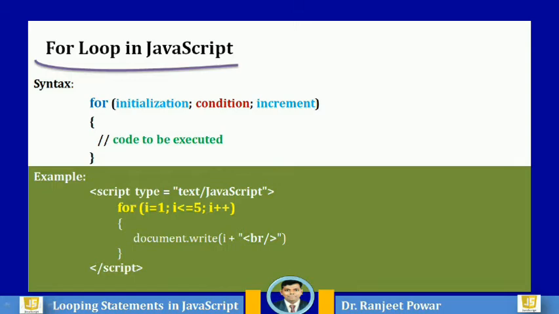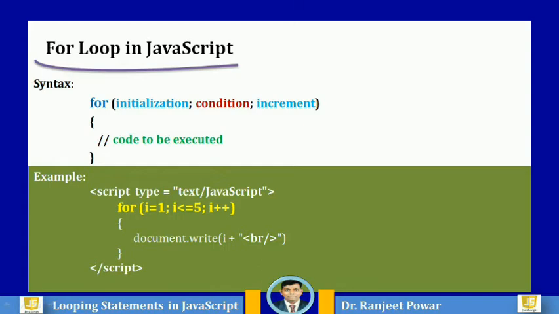The second parameter, that is condition, defines the condition for running the loop. Normally, this statement is used to evaluate the condition of the counter variable. If it returns true, the loop will start over again. If it returns false, the loop will end. This is also an optional parameter.